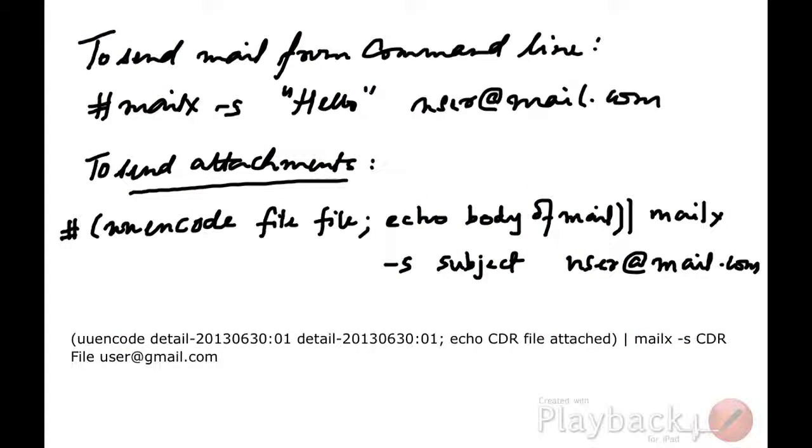Now we see how we can send a mail. To send an email, it's very simple. Basically, you type the command mail x space -s, the subject of the message, and you can send it to the user's mail, and then you'll be given another prompt where you can type the detailed body of the message and send it. Or you can pipe the body, using something like echo CDR, and then you